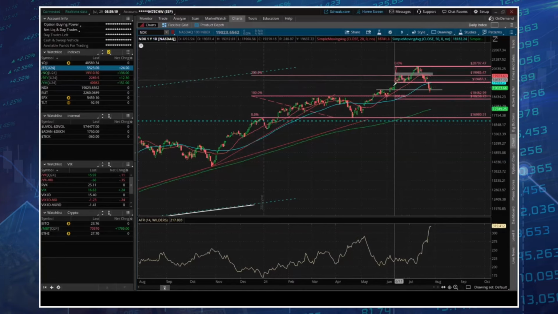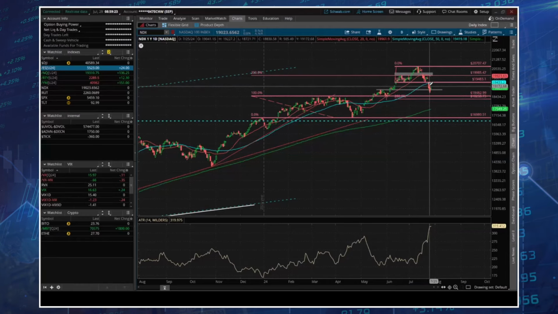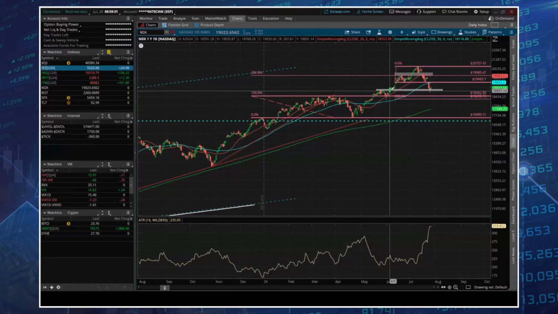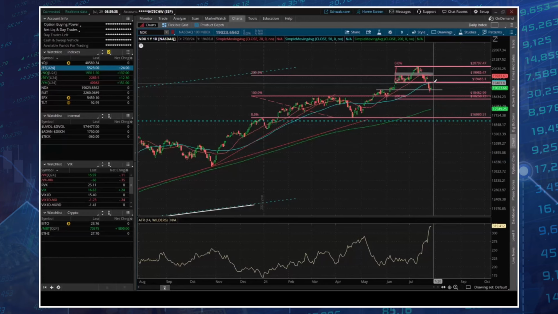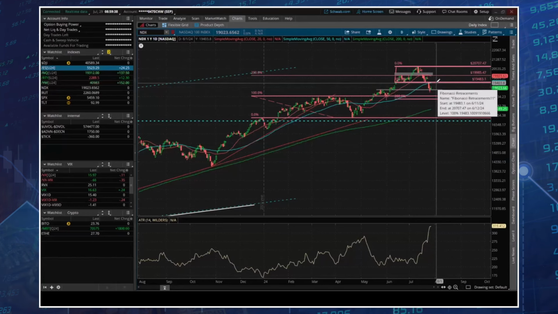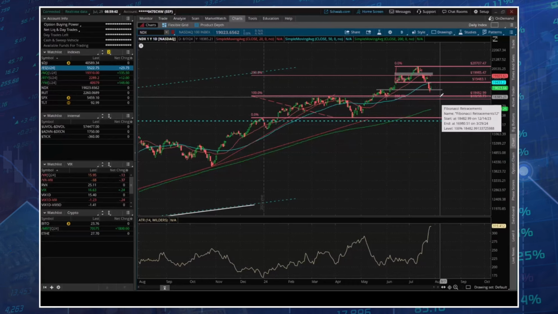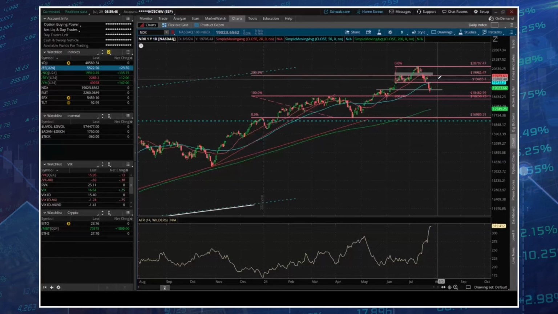So with this here, we put in a topping pattern right here on the NDX. We had a breakdown of that on 725. That implies a move to the price pattern target down into here. We're probably going to get some sort of a bounce or a stall here, but that's most likely a high probability dead cat bounce, and we're probably going to swing back down low and come back down into here, right? So that's how I would play that. And then if I get a failure of that, then I start taking the move seriously.